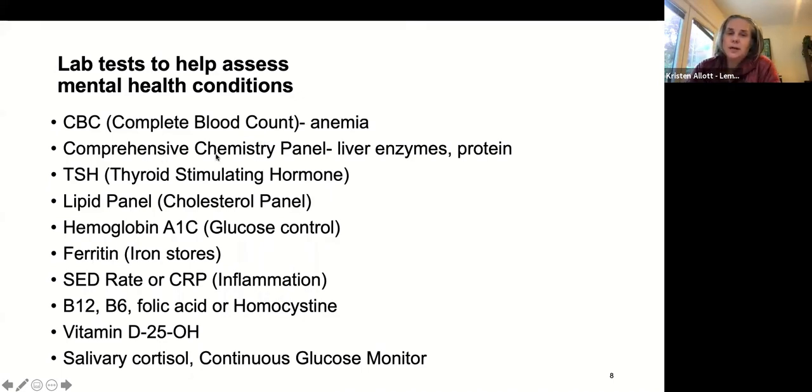Then there's a comprehensive metabolic panel. This is liver enzymes and total protein levels. When you get labs, you should always ask for your own copy, and you should look at them and ask, is there anything falling off the edge of the spectrum? And then ask them about that. Like, what does that mean? This is almost abnormal. How do I get that back in the middle? You can ask questions about your own labs. You should look at that and make sure that everything's kind of in the middle of the range.